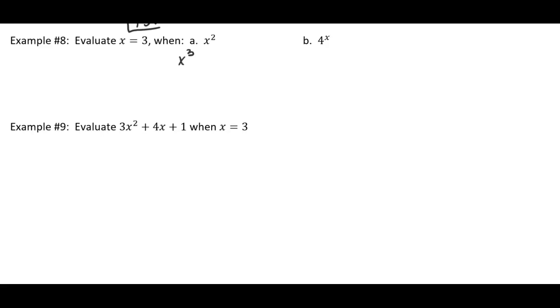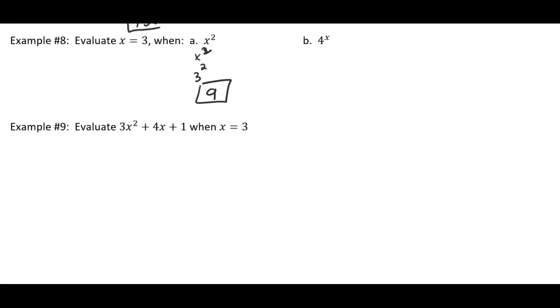Okay, so I wrote that wrong. Take the x squared and put in the 3. I did it again. X squared and put in the 3 for x. So we know x is 3 because they tell us that at the beginning. I really think the question's kind of misworded, but 3 squared means 3 times 3, which is 9. So that's the value you would get.